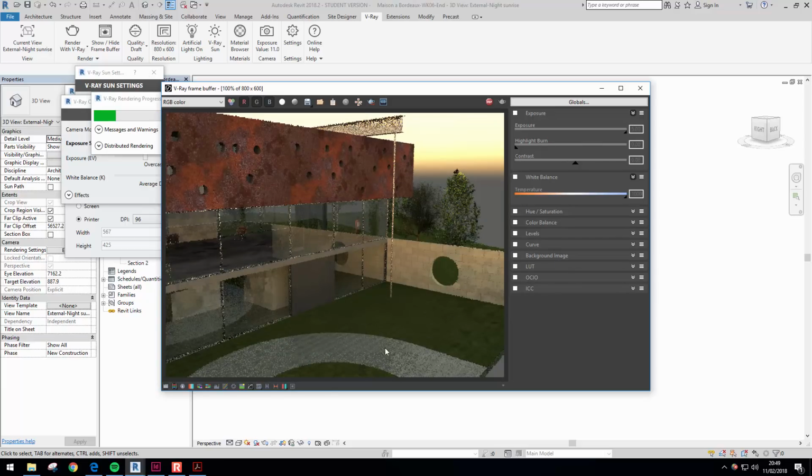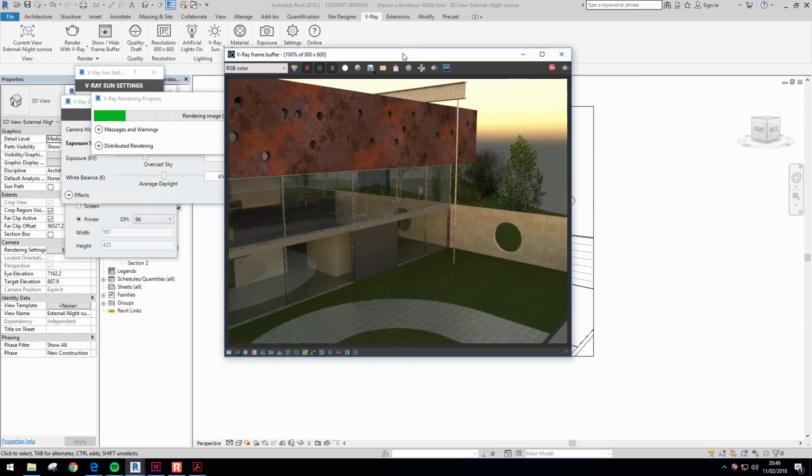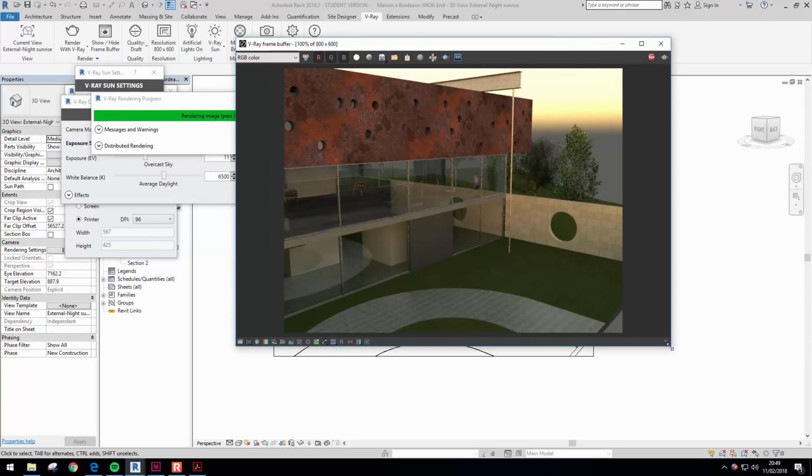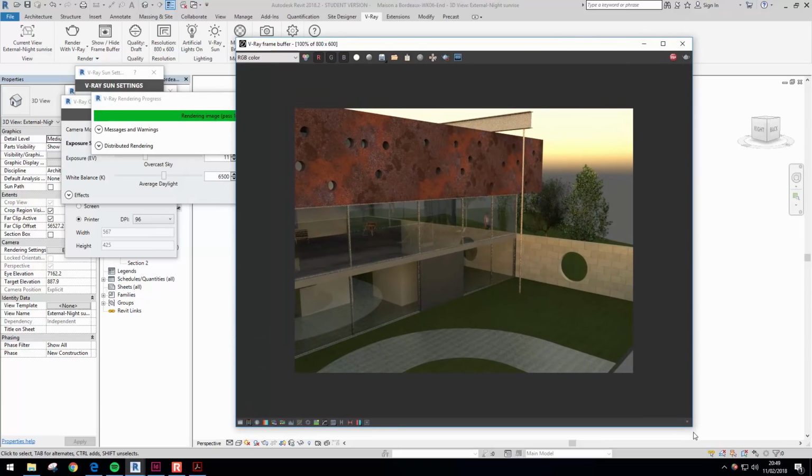And you should get a render similar to this. So as you can see, the sun is in the background, quite low, and once it's completed, see the reflections,